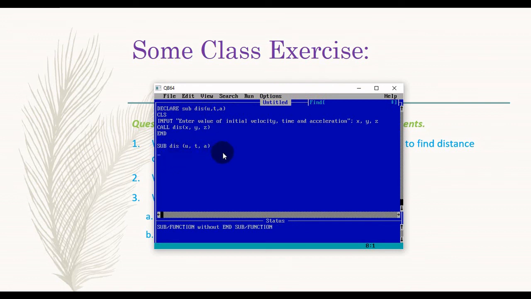So now using this u, t and a, we need to write the formula. S equals to u t plus half a t square. So here we found the value, and it is to be printed. Print distance covered is, yes,